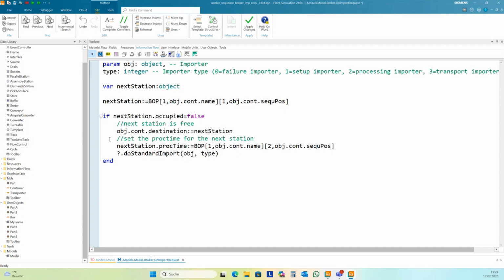And there's no else. If the next station is occupied for this importer, then the broker import request control will do nothing. We don't import a worker, and this control will be called if the next importer is free or if the worker becomes available again.